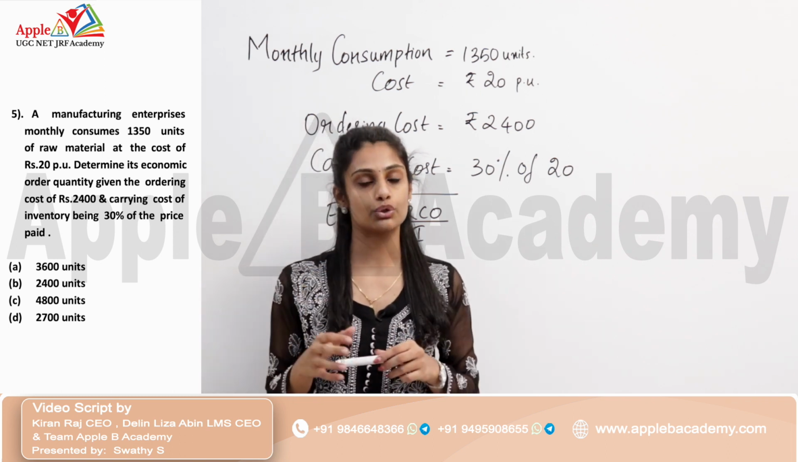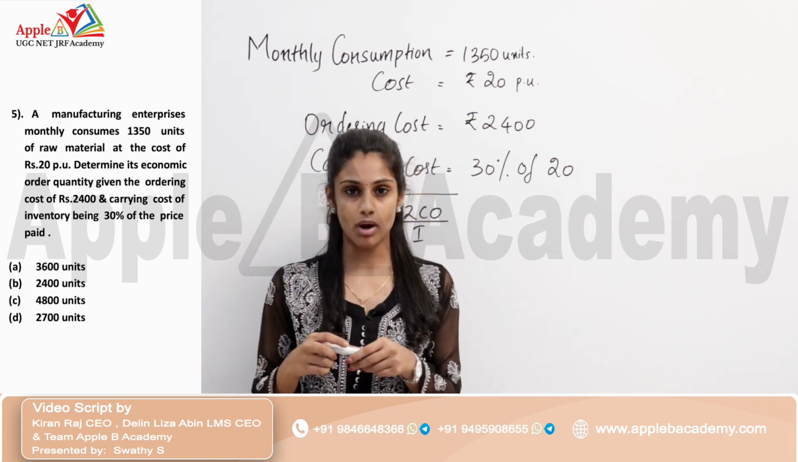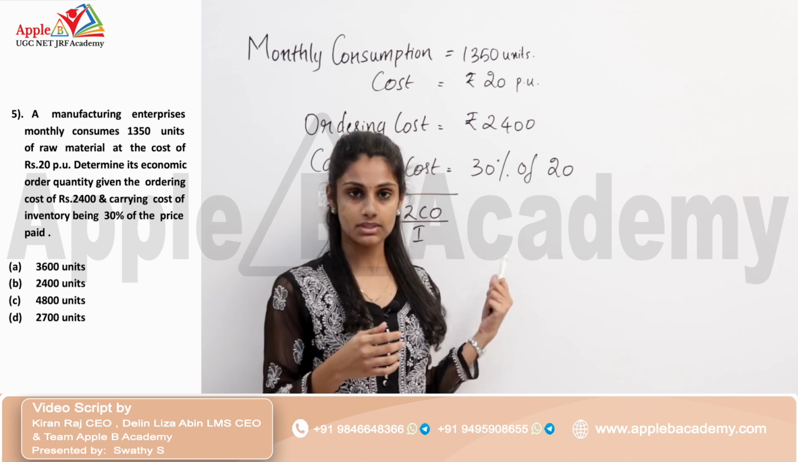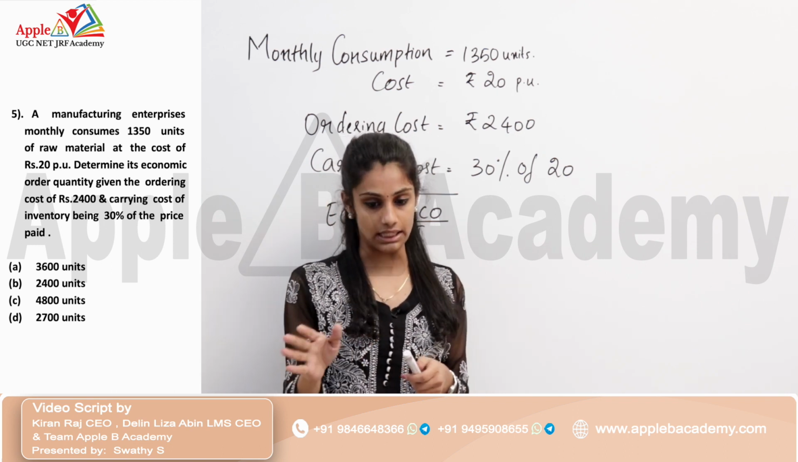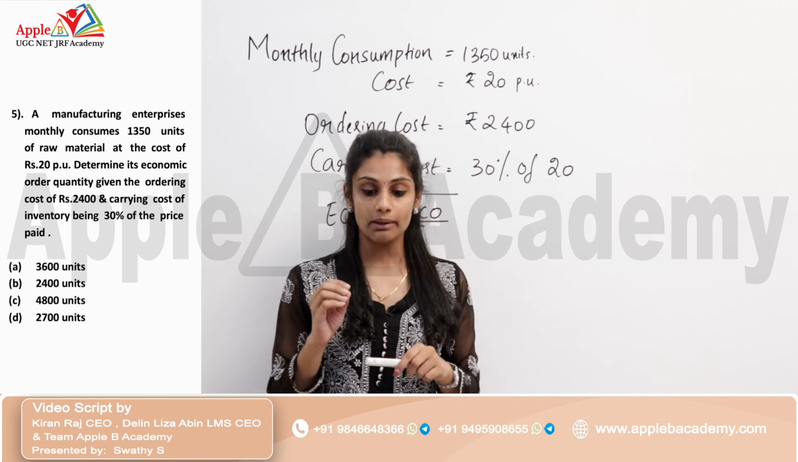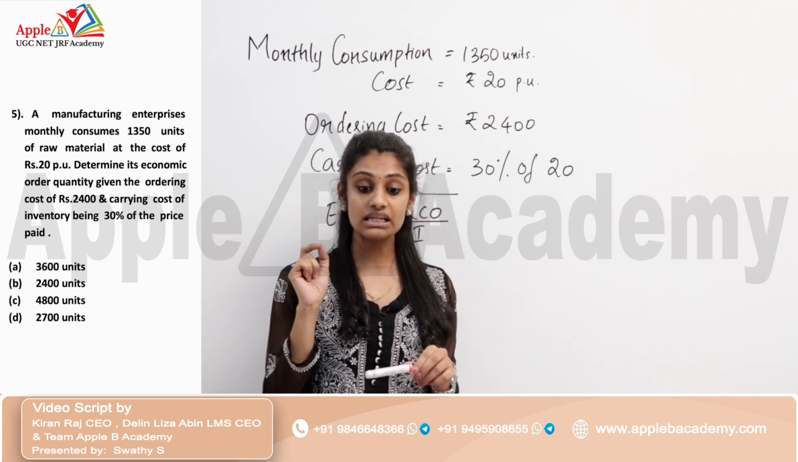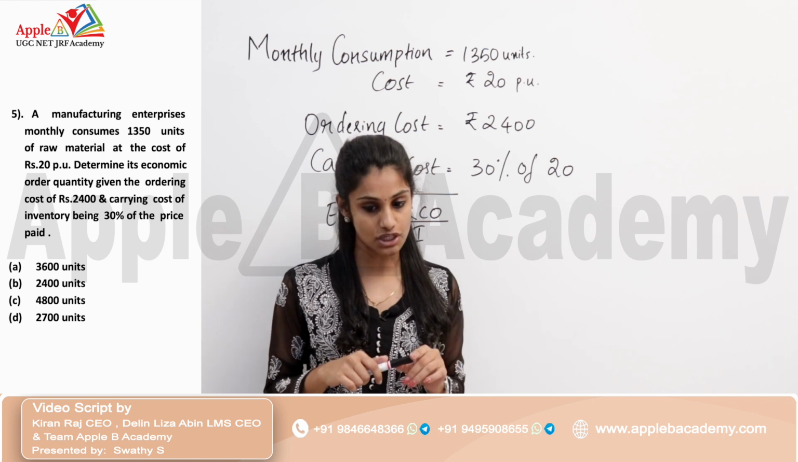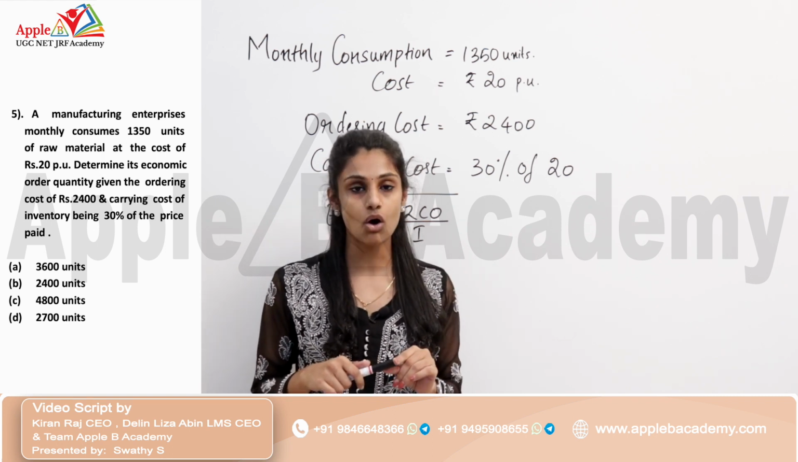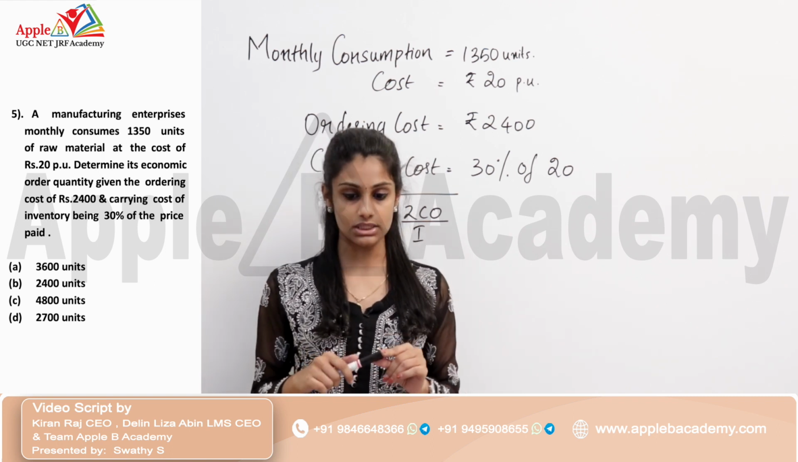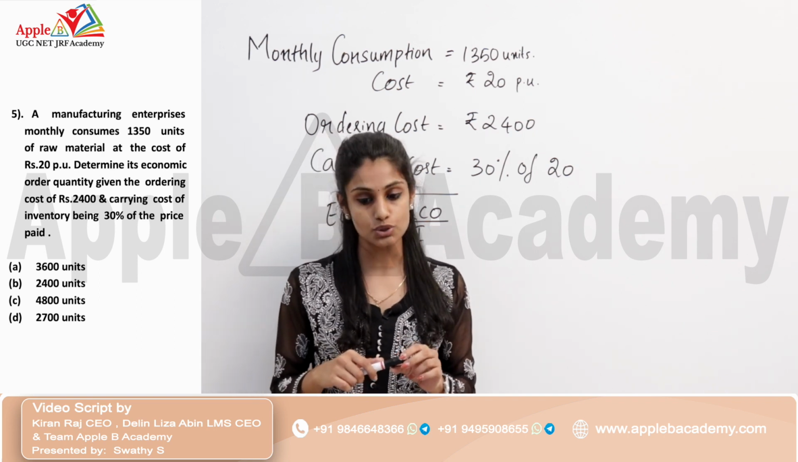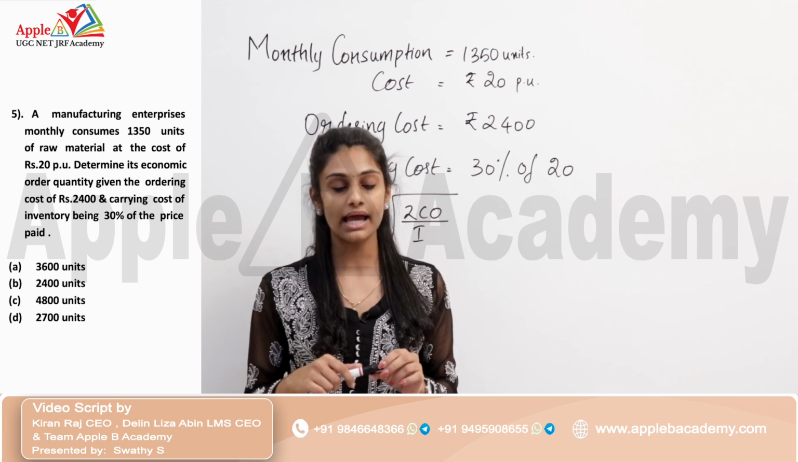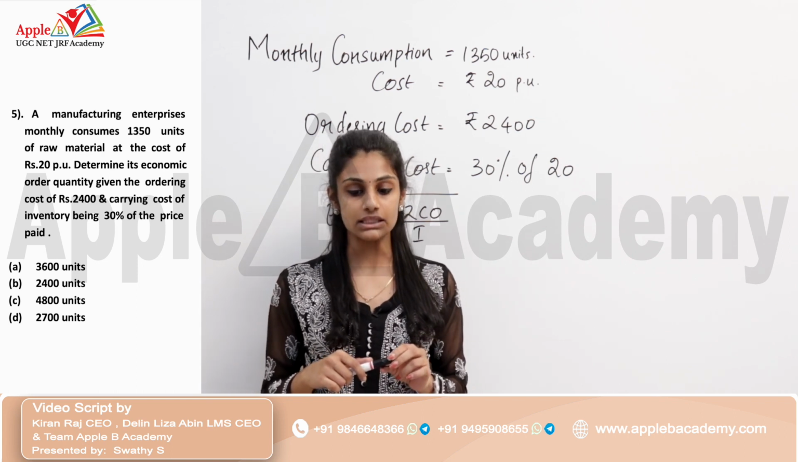This is about EOQ, calculating economic order quantity. There are lots of questions asked from this area, that is, the computation of EOQ. So it is very important and you should study them. A manufacturing enterprise monthly consumes 1350 units of raw material at the cost of rupees 20 per unit. Determine its economic order quantity given the ordering cost is rupees 2400 and carrying cost of inventories being 30% of